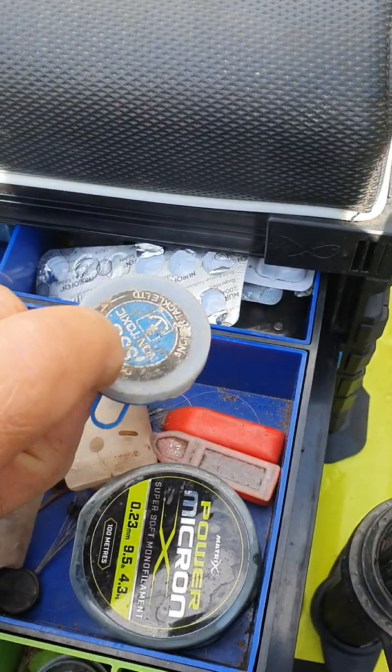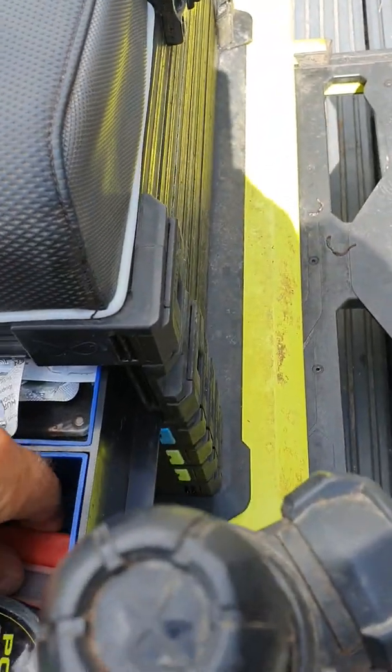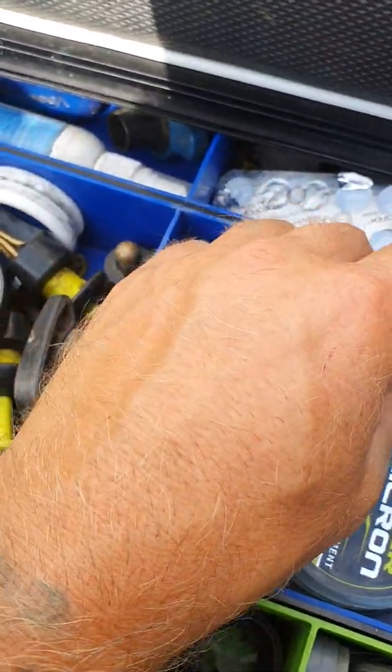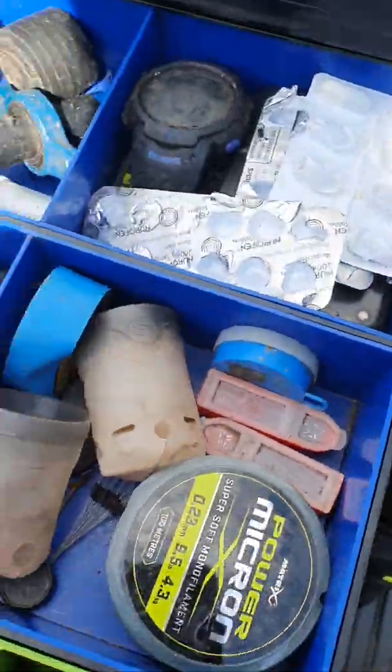Some swan shot, that's for plumbing up with a waggler, or if you need to, just pinching one on the hook. And in the winter when the dotting floats right down, I've just got some stops, some 12s and 13s, just for being really mega accurate. Moving back into the back,